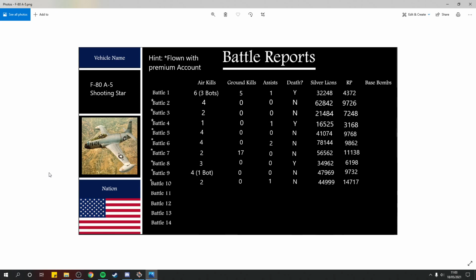Battle number 7 was 2 air kills, 17 ground kills, 0 assists, didn't die, 56,562 SL, 11,138 RP. Battle number 8 was 3 air kills, 0 ground kills, 0 assists, did die, 34,962 SL, 6,198 RP. Battle number 9 was 4 air kills, but of course one of them was a bot, 0 ground kills, 0 assists, no death,